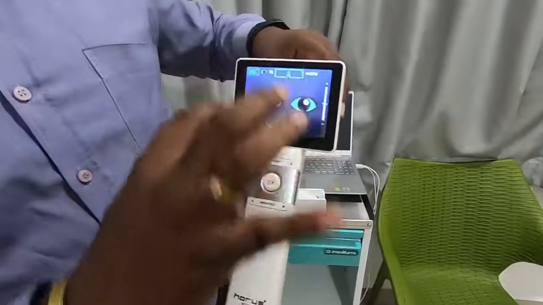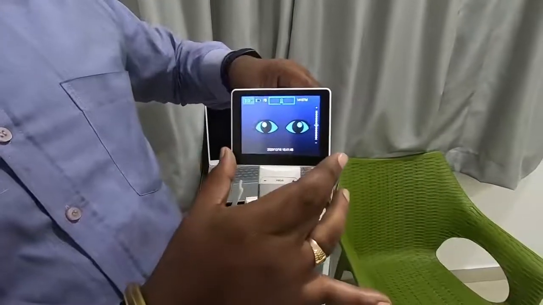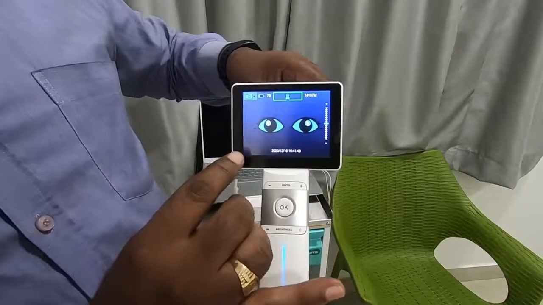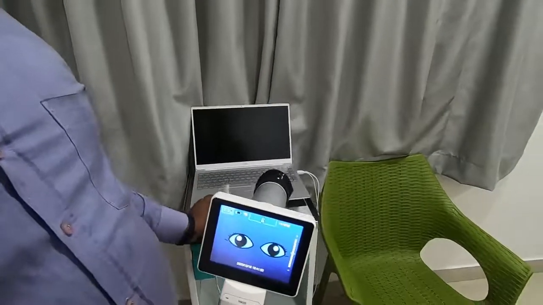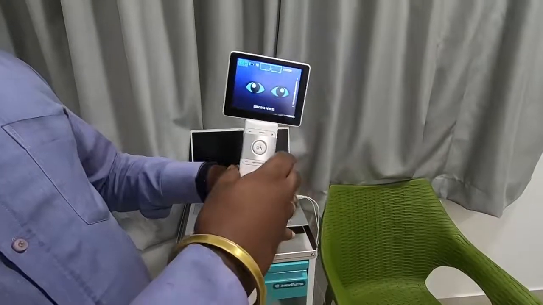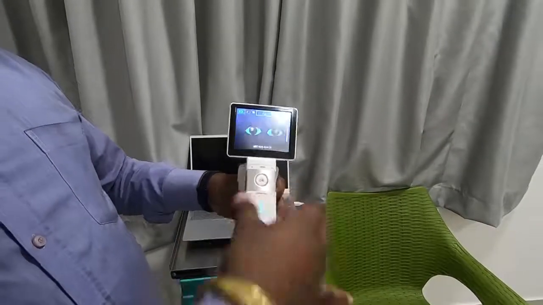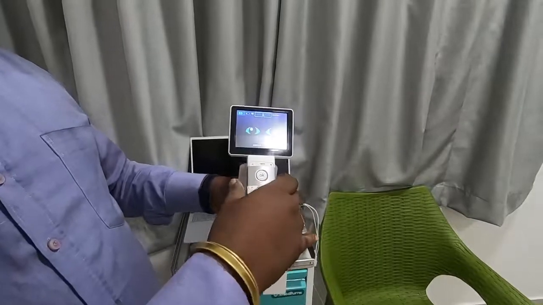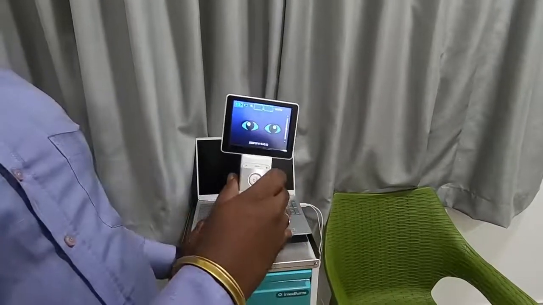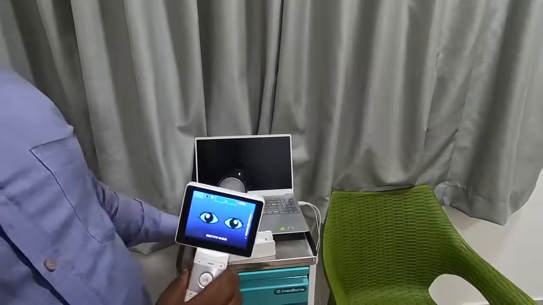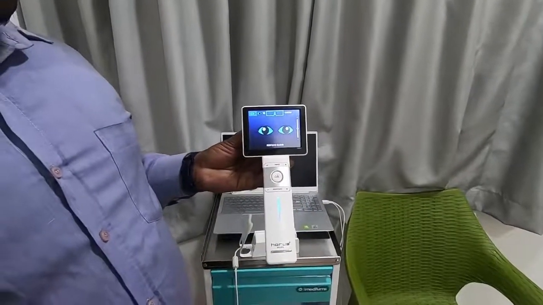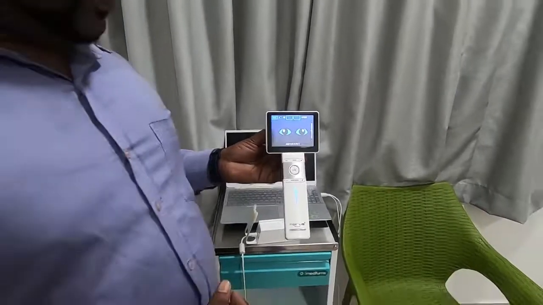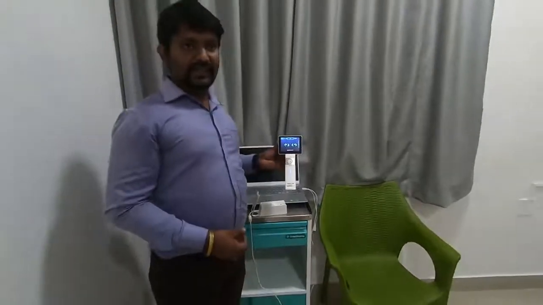We do have a 3.5 inch color LCD display with automatic focus, manual focus, and we can use this holder to charge the device, and also very portable enough. And we do have a software to assess the fundus images with the camera. So now we will see the working of fundus camera with the software application.